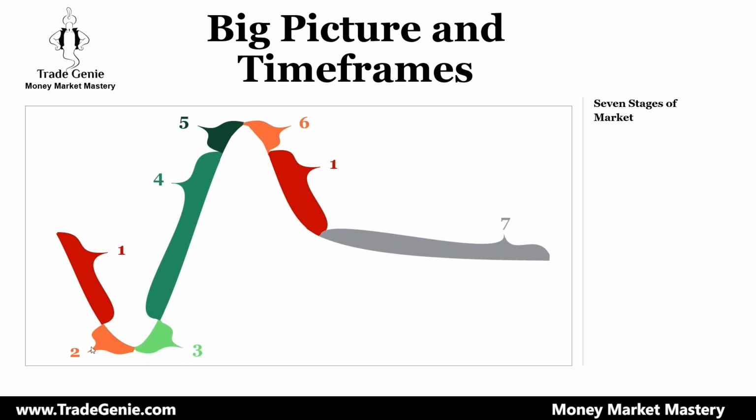It looks like a V-shaped recovery. It can turn into stage seven. So just after one, there could be another scenario like a stage seven. So how do you know, when the market is in a stage two, whether the market will go from stage two to three and then four, or convert into seven? You don't know. Nobody knows that.